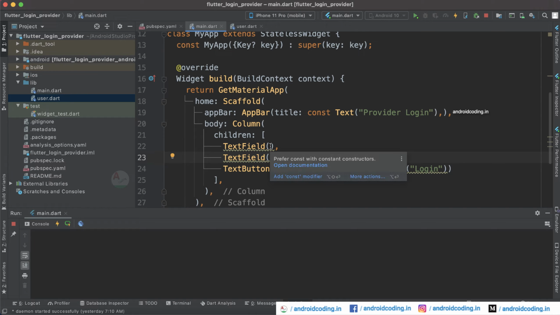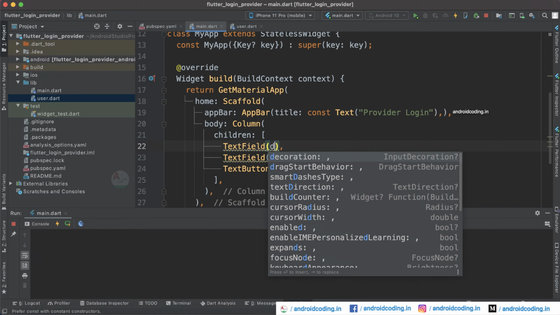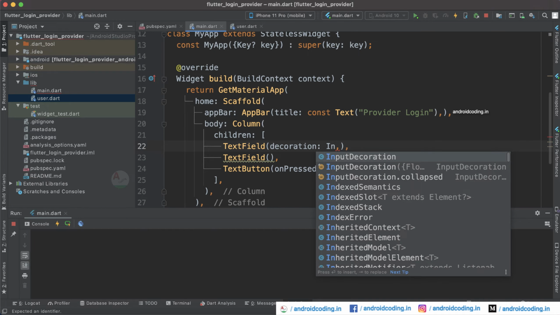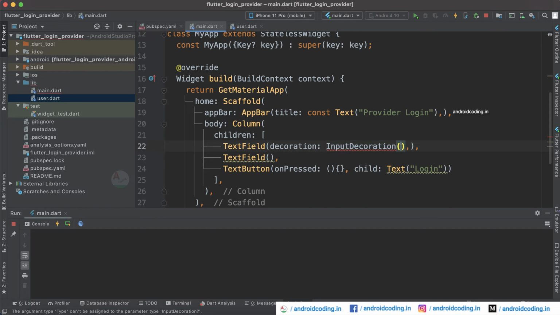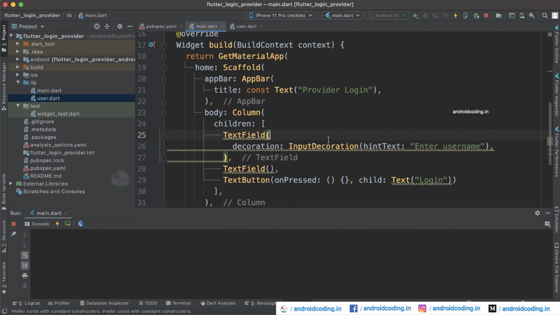So inside text fields we will try to display some information for the user. So let's add a decoration, inside which InputDecoration you will be having an option like hint text here. So let's specify enter username, so this will be like an email address. And also you can add the controller here.